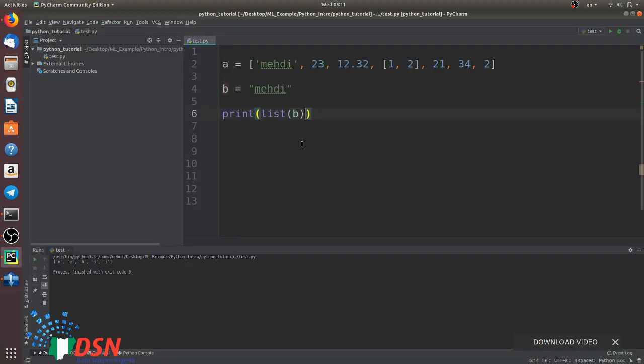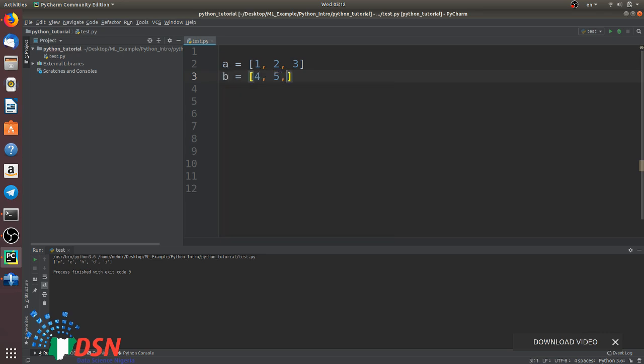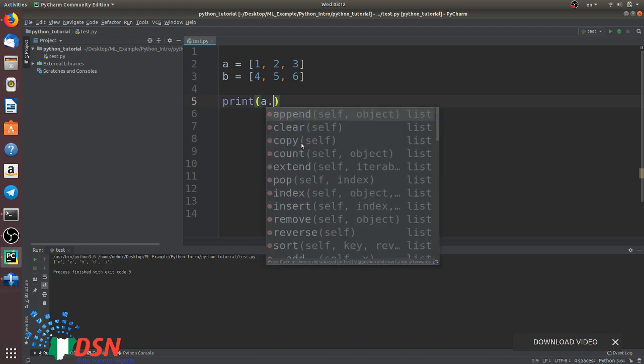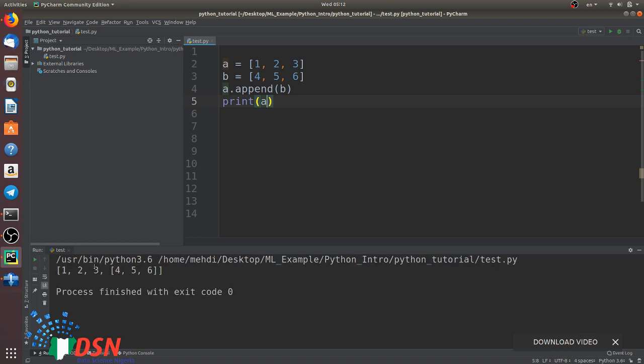Okay, the next one is append. Let's say you have a list, something like that, and another list. If you append B to A, let's see what is the output. As you could see in here, when you append a list to another list,